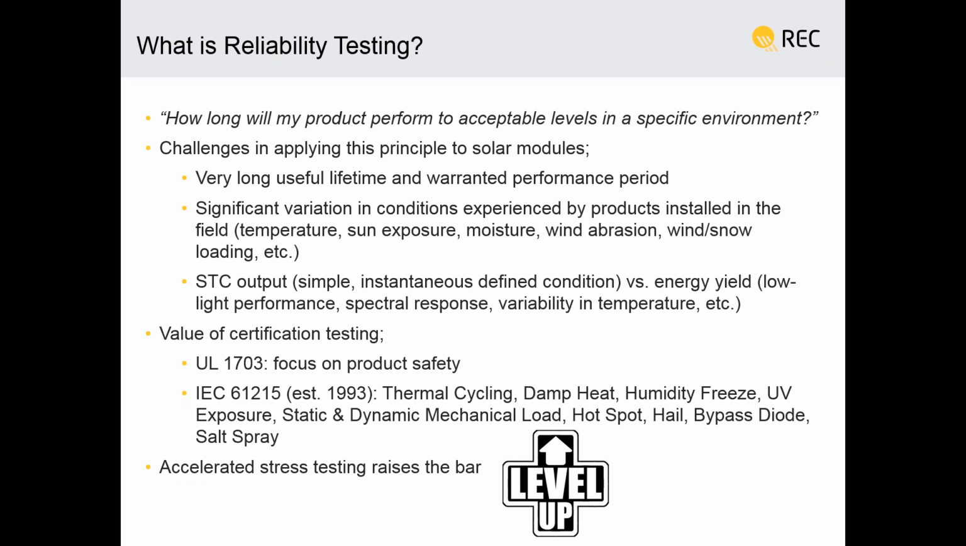When you start talking about multiple decades, that's a very tough time period to grapple with and understand how do we quantify these sorts of things. There's also a lot of different environments experienced by the installed solar module. So even just within the US, if you imagine an array that is installed in the Pacific Northwest, where it rains quite a bit, versus the desert Southwest, where you have extreme temperature fluctuations and very high heat